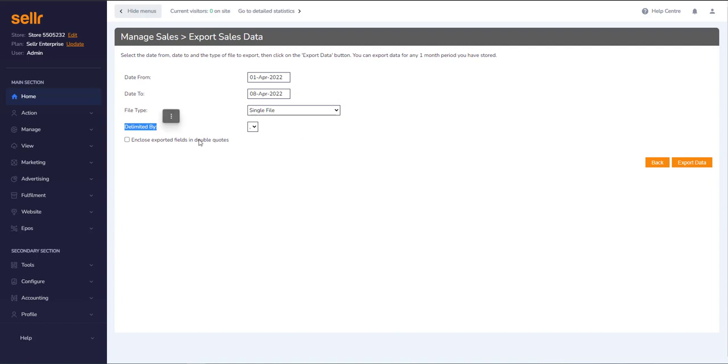Delimited by is simply a way of saying separated. So you have the option of comma or the vertical bar or pipe. It's just a way to separate out the information, so you'd have name, comma, second name, comma, invoice number, comma. So we're just going to leave that as a comma there, and then we're going to press